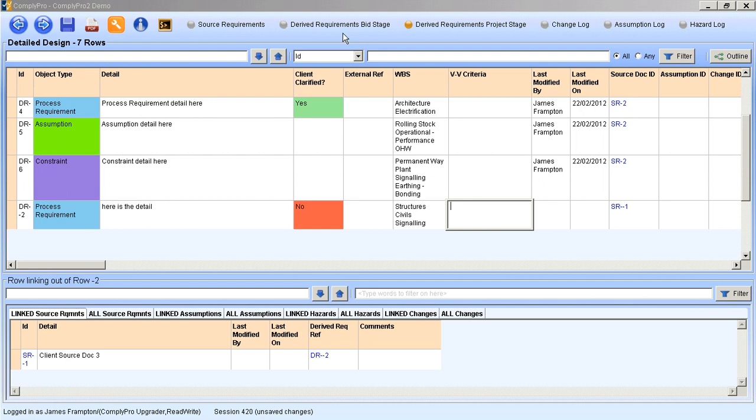But you can essentially baseline a set of the module of data, say the derived requirements at point X. That will then lock into memory and save off that instance before you start progressing, and you can baseline a number of times. You can then roll back and view the information at a particular baseline, indeed make comparisons between the two,